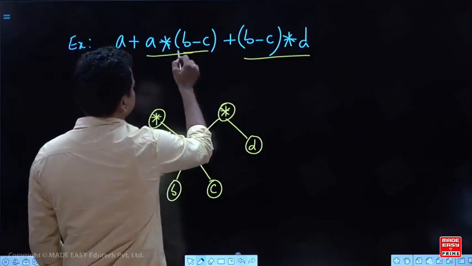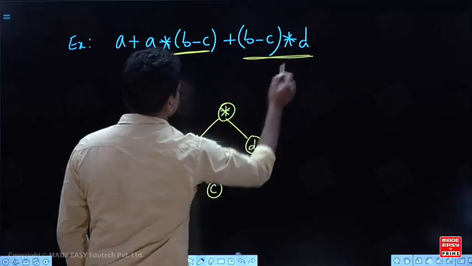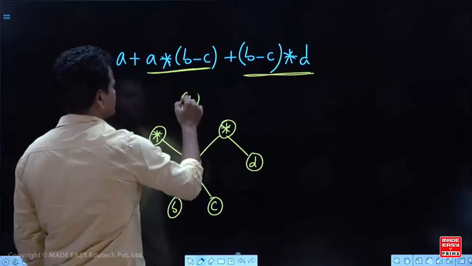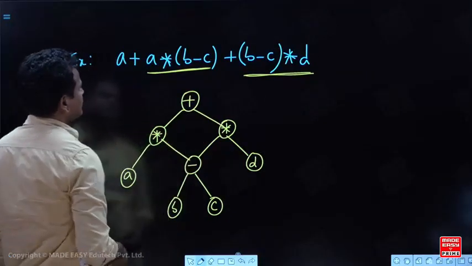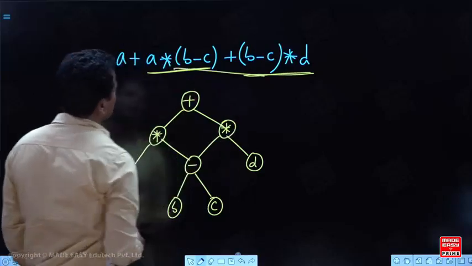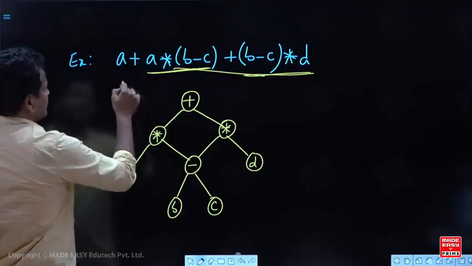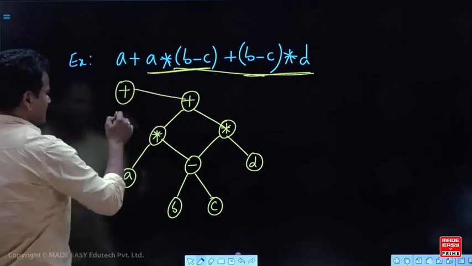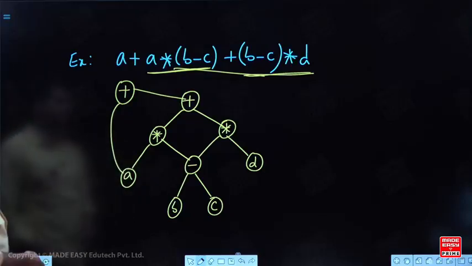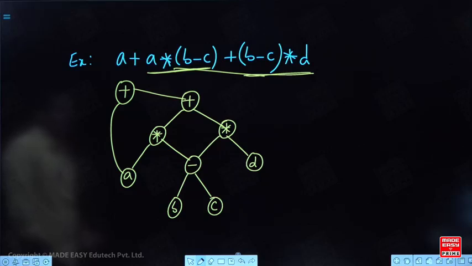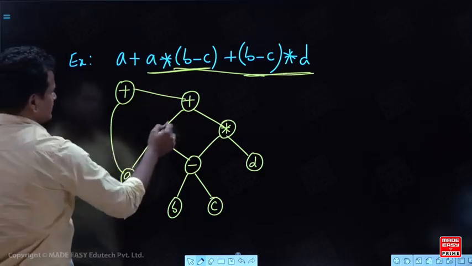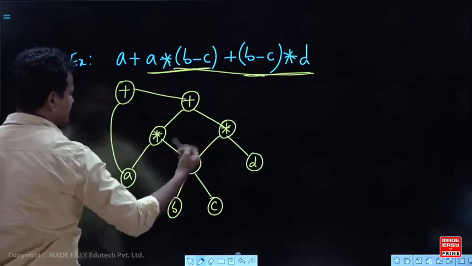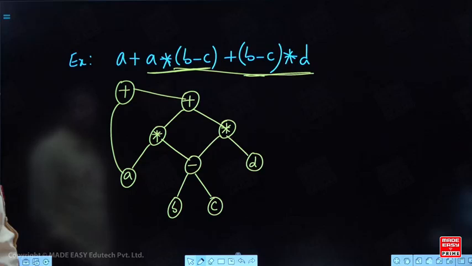So we want plus of this expression and this expression. So I will take the plus node here. Then this whole I want to add to A. So I will take another plus node and A is here. So that's it. Simple. So how many nodes are there here? 1, 2, 3, 4, 9 nodes are there. How many edges are there here? 1, 2, 3, 4, 5, 6, 7, 8, 9, 10. 10 edges.